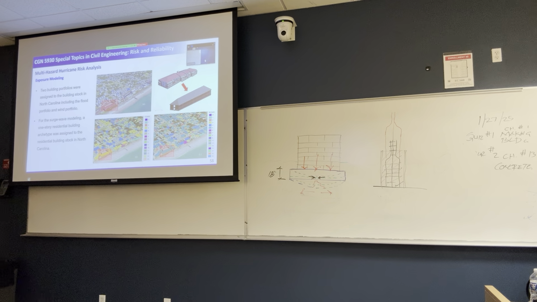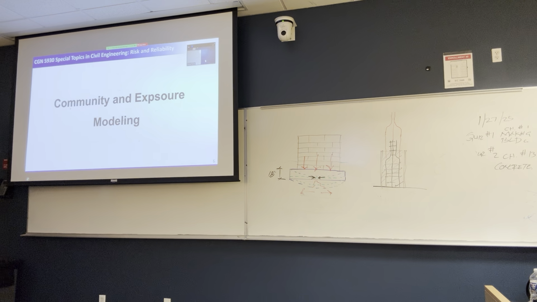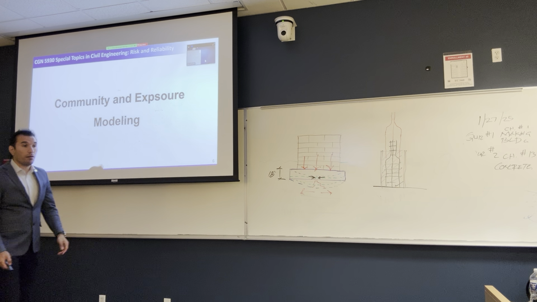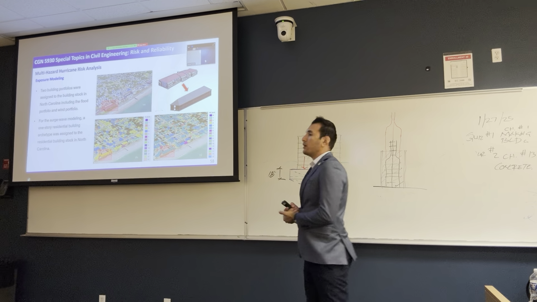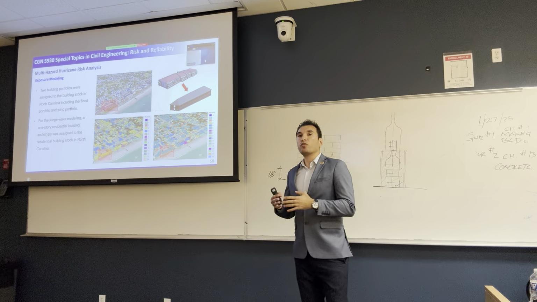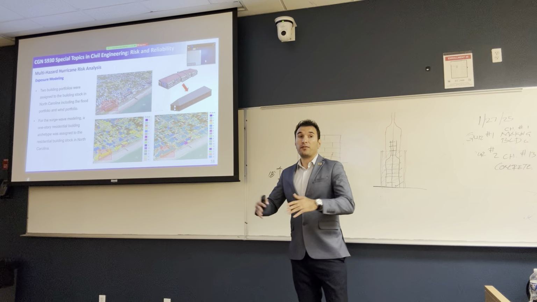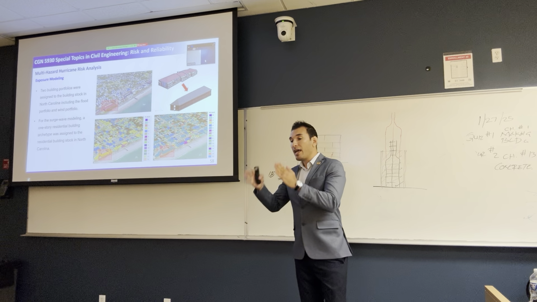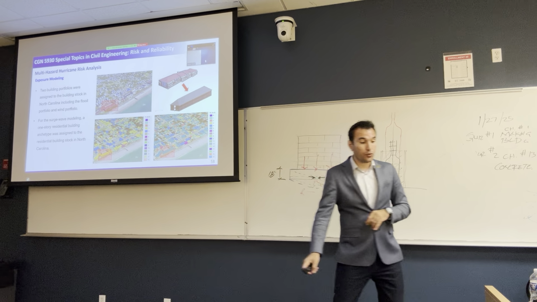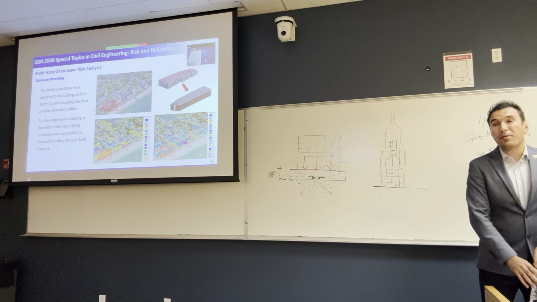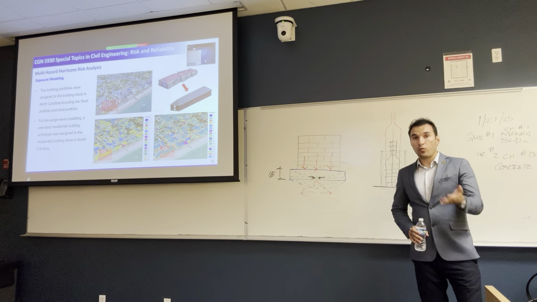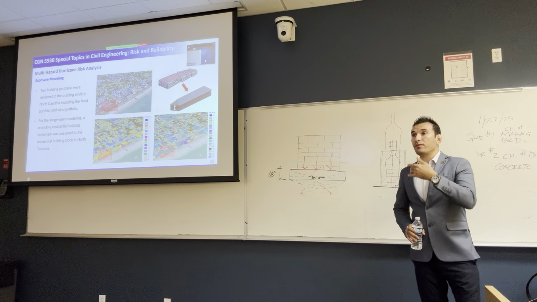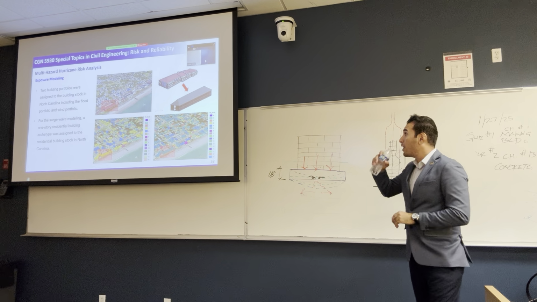All right, so the next thing after hazard is the exposure modeling, or the community and exposure modeling. So let's do community modeling first. If you guys remember last time, we developed archetypes to model the different building occupancies within the community, and we have a fragility function for each one of these archetypes. But right now we have multiple fragility functions: wind, storm surge and wave, and flooding. So what we are going to do,